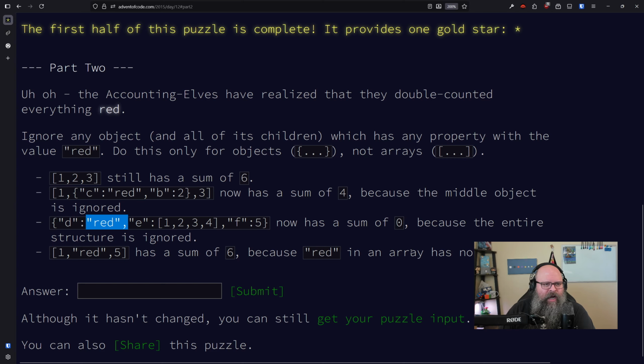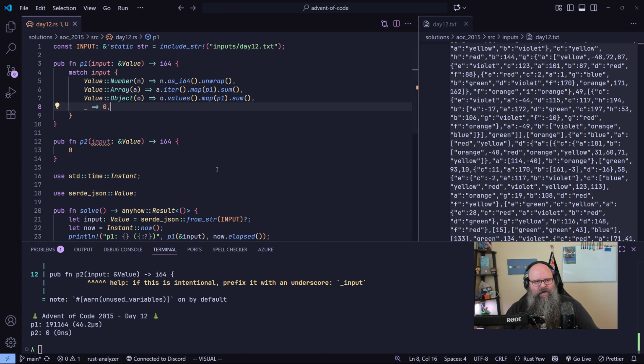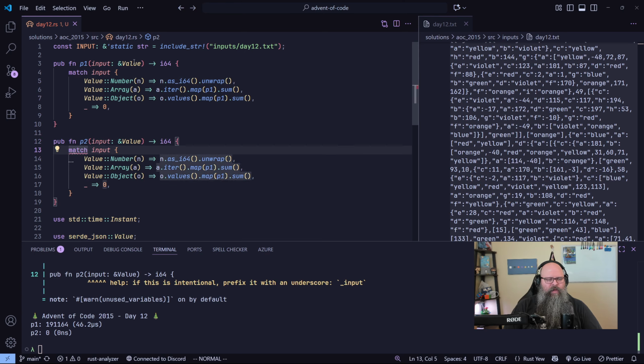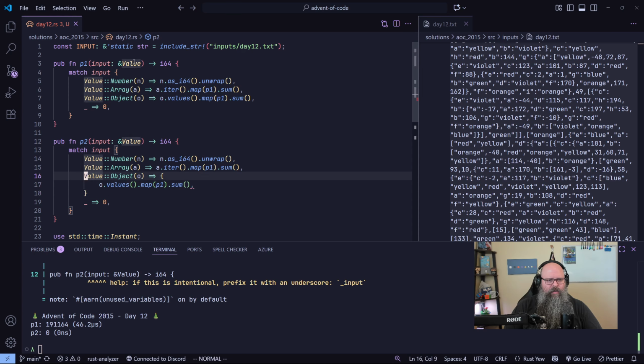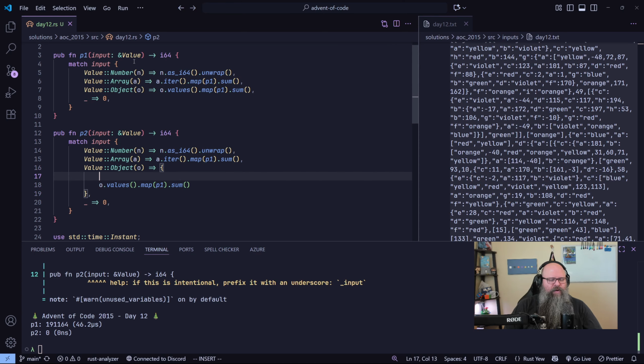Because red is in the array, it has no effect. So how does that change part 1? Maybe that's the key: how do we change part 1? I think it's just if we're in this object, we can do a check really quick here, right? And we can say, if we ever